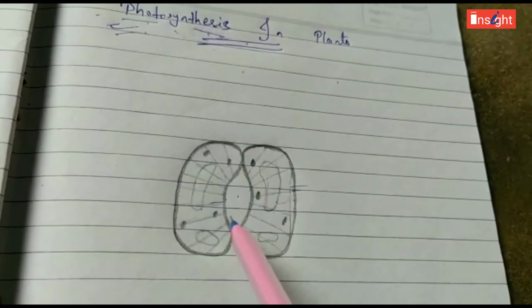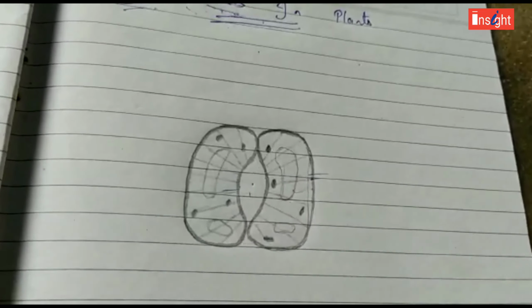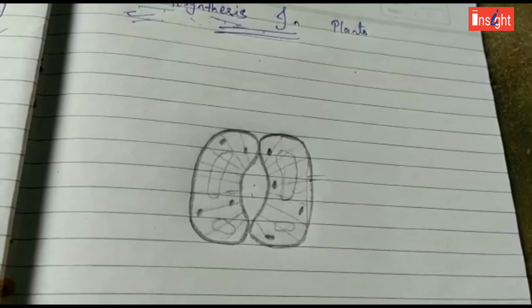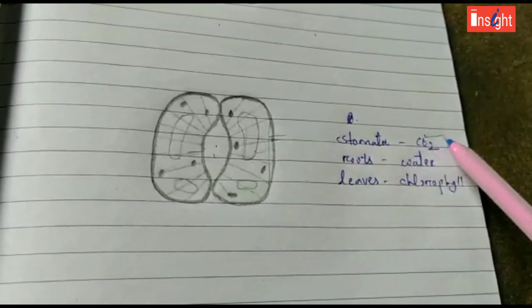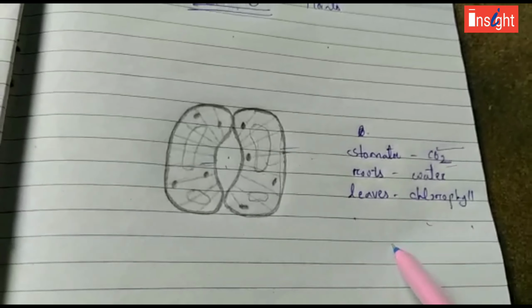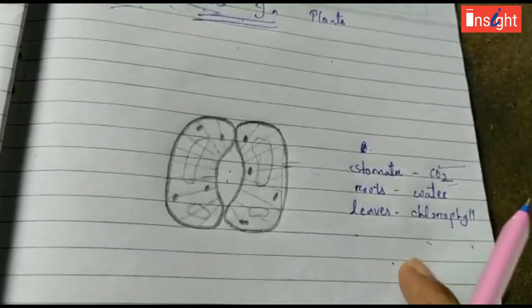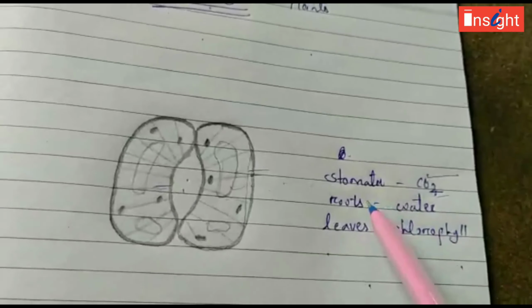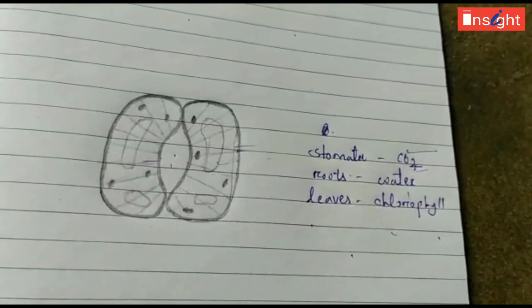First of all, the stomata absorb the carbon dioxide, then the roots absorb water and minerals from the soil. Water is also an essential component for photosynthesis. So the stomata absorb carbon dioxide, the roots absorb water, and the chlorophyll of the leaves is able to capture energy from the sunlight. Roots absorb water and minerals from the soil, which are transported to the leaves by pipes or tubes.